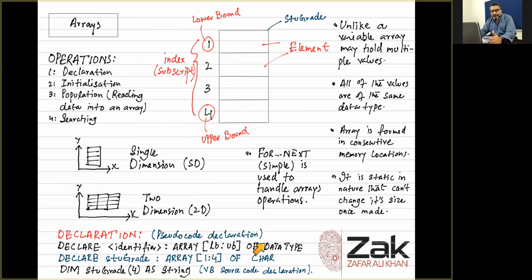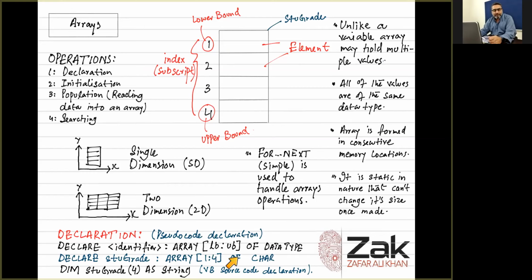Means if we like to create an array whose name is StudentGrade, lower bound is 1, upper bound is 4, and the data type is character, which may hold just one character at a time. So the declaration would become DECLARE StudentGrade